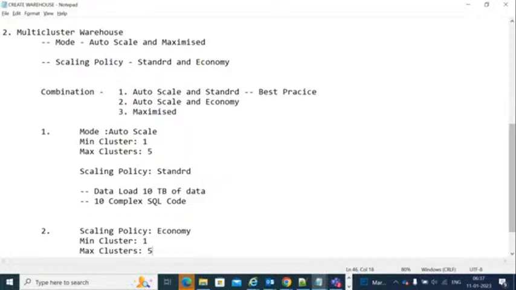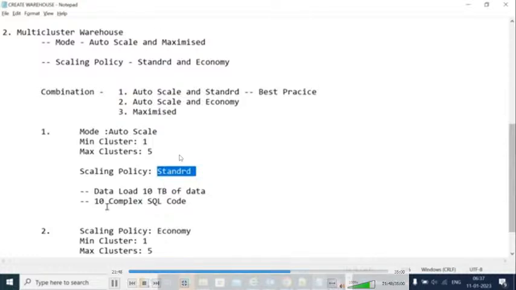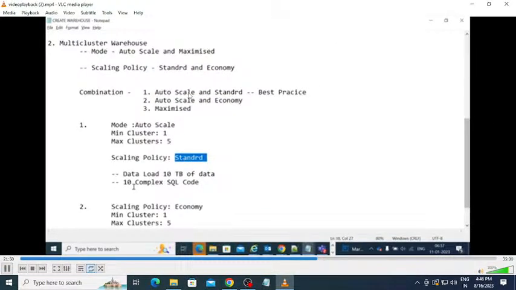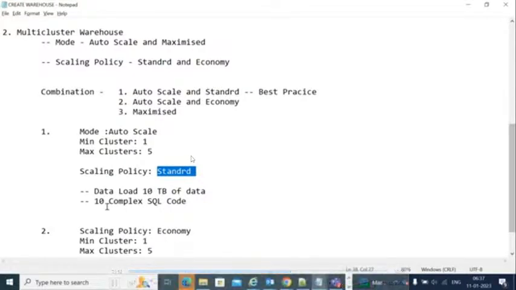Here also you will select the maximum and minimum number of clusters like this. What it will do, if you select the economy, in case of a standard, whenever you upload the data or submit your complex queries, it will calculate and then it will increase. What this economy will do, suppose you submit 10 SQL queries to your Snowflake, it will calculate internally